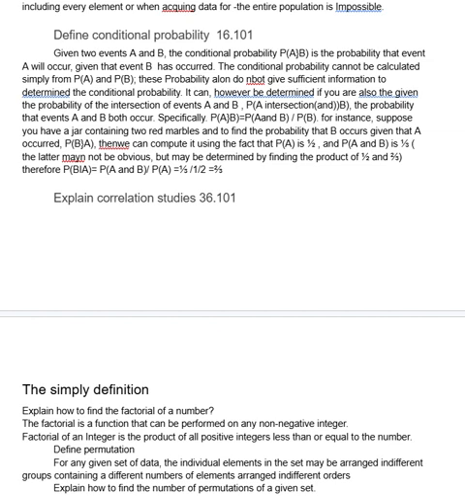The latter may not be obvious, but it can be determined by finding the probability of 1/2 and 2/3. Therefore, P(B|A) equals P